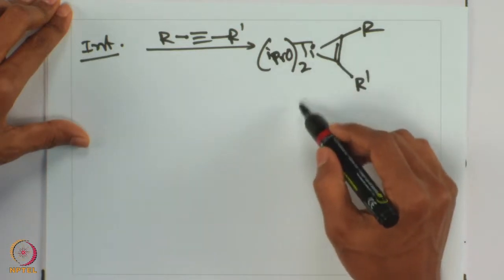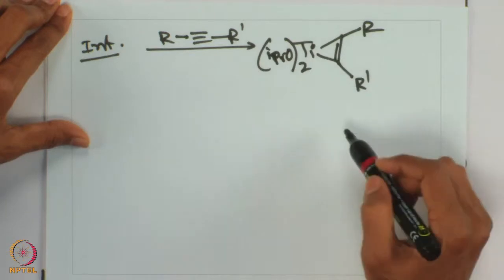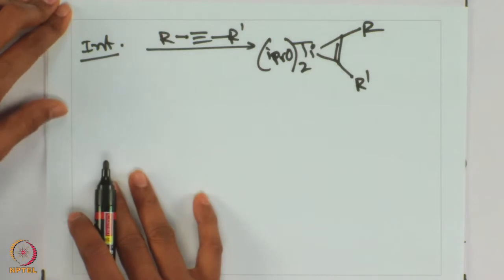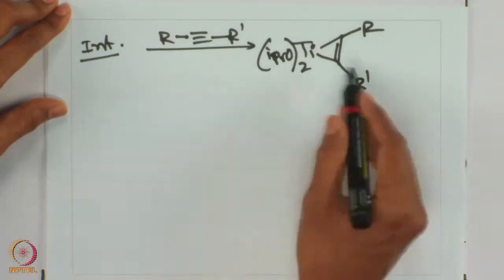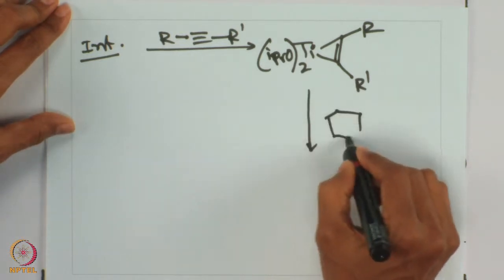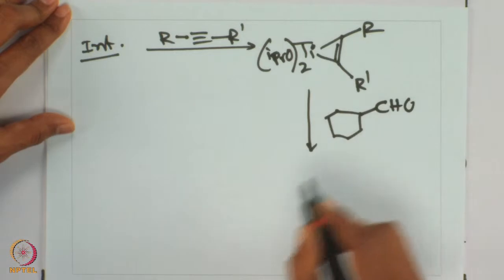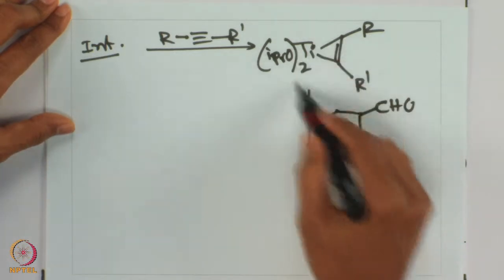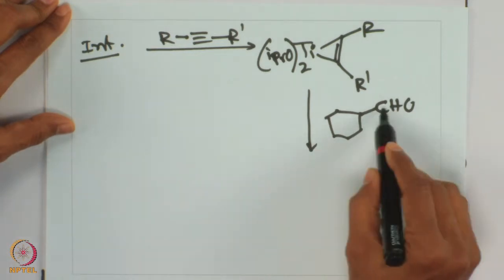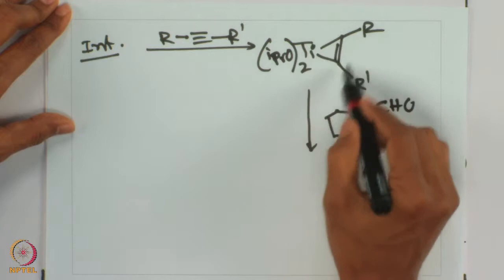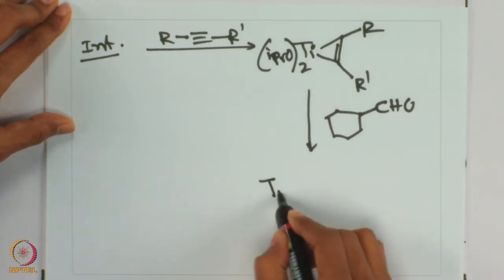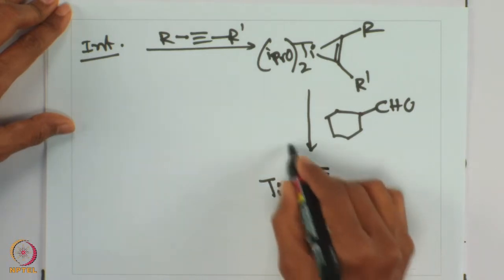Similarly, this species, as you know, is similar to this dicyclopentadiene titanium reagent or the zinc or the zirconium reagent that we were discussing. Now, from this intermediate, for example, if we are interested in reacting with another aldehyde, this aldehyde will be able to interact with this 3 membered metallacycle, and overall into this aldehyde double bond this cyclopropene will be able to insert, and then the final species that we will be getting in this case is a 5